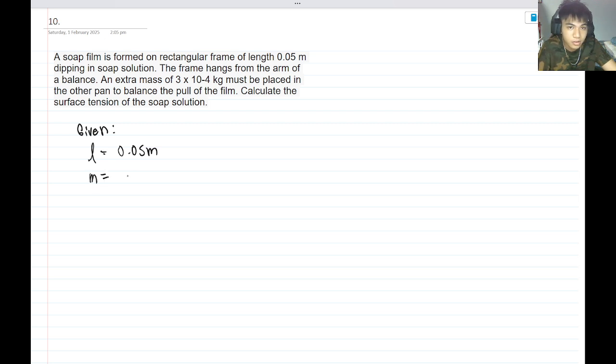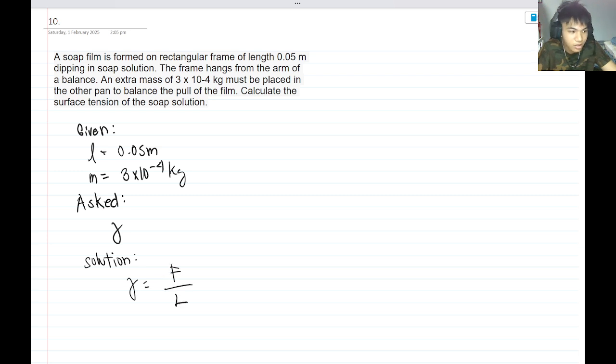The mass is 3 times 10 to the negative 4 kilogram. Yeah. And ang tatanong sa atin, the surface tension denoted by gamma. And we know that gamma is equal to the force over the length. So in this case, it would be